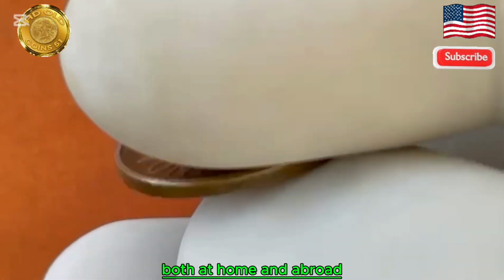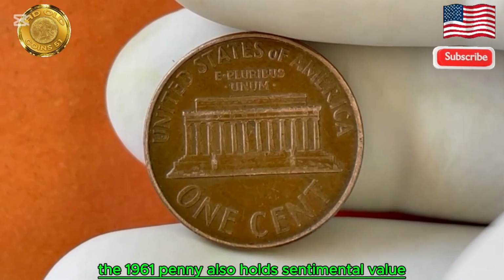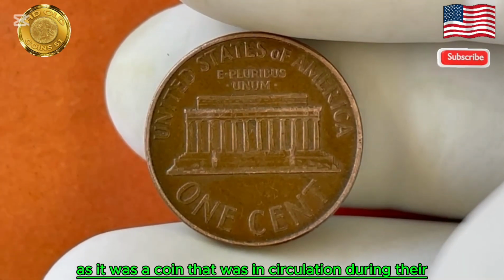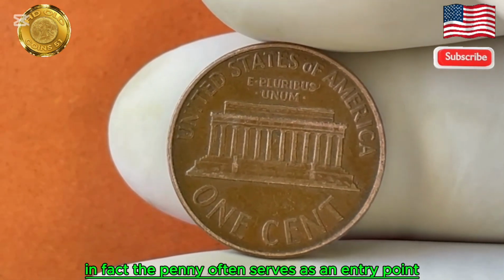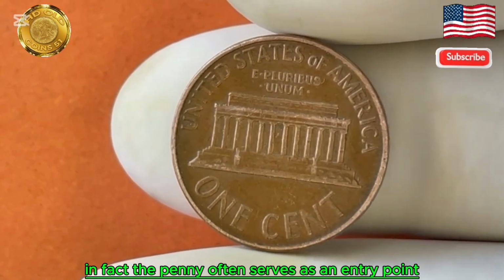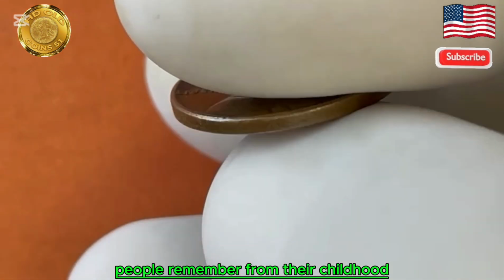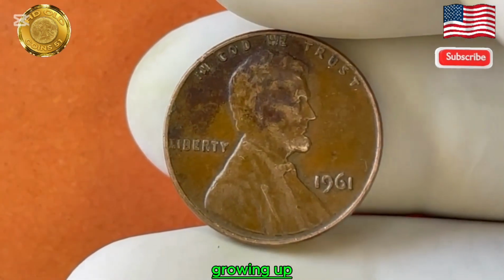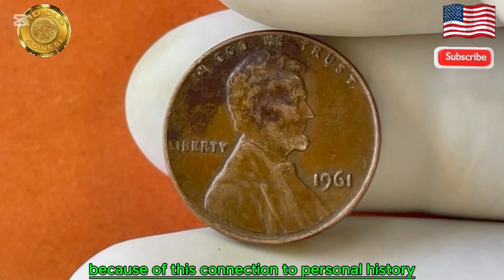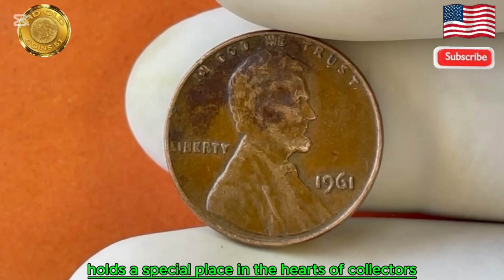at home and abroad. The 1961 penny also holds sentimental value for many people, as it was a coin that was in circulation during their youth or the youth of their parents. In fact, the penny often serves as an entry point for new collectors. It's a coin that many people remember from their childhood, or that they may have encountered in their change growing up. Because of this connection to personal history, the 1961 penny holds a special place in the hearts of collectors